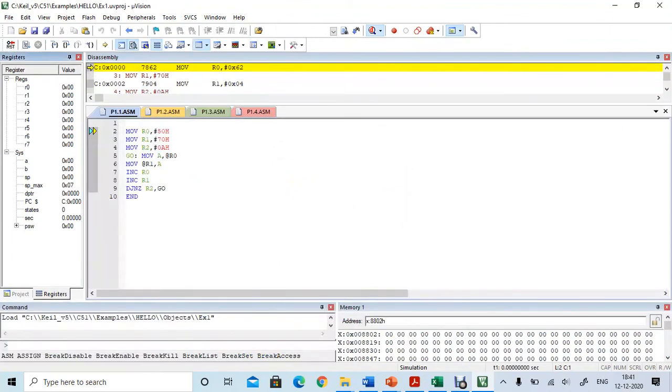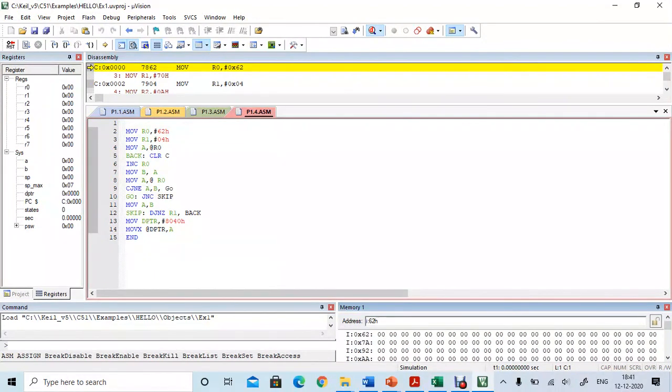We have to give the input. The memory location is 62H, which is internal memory, so enter I:62H and press enter. Then give the input.